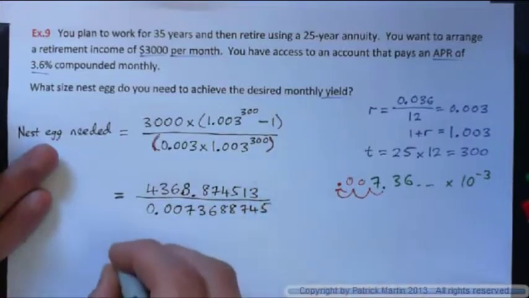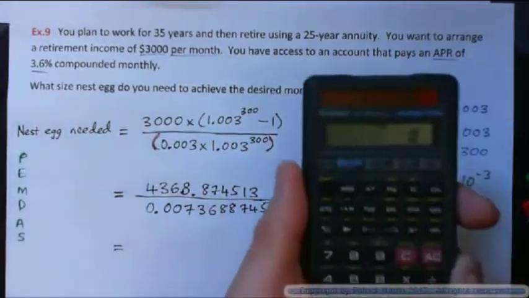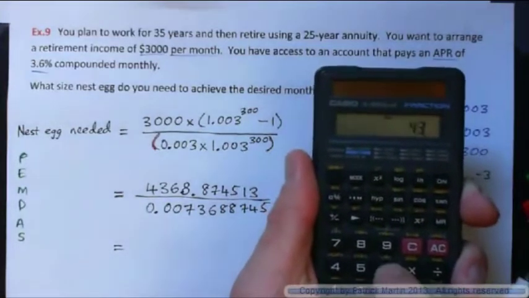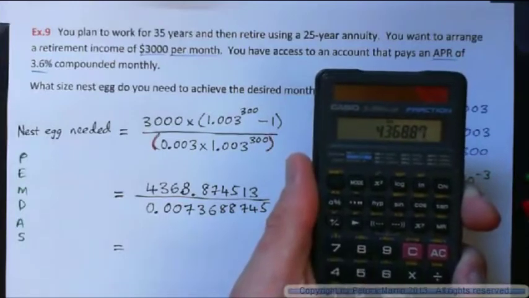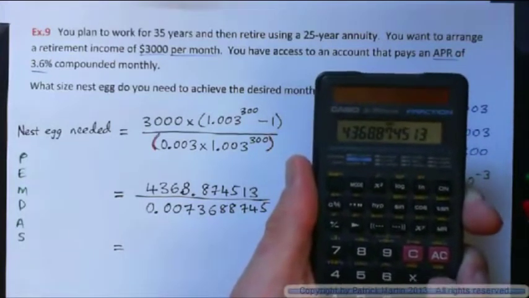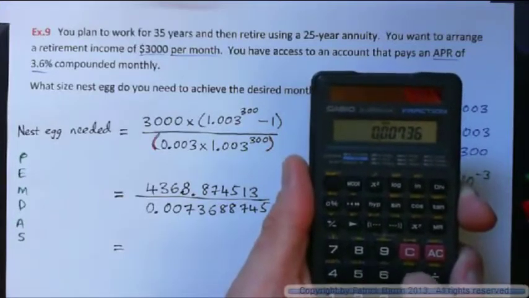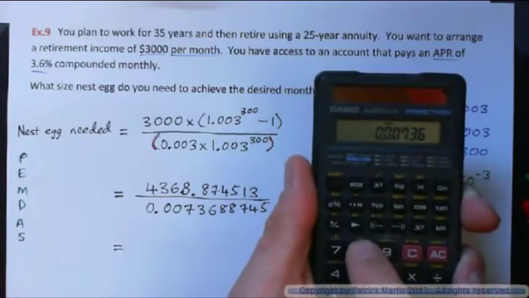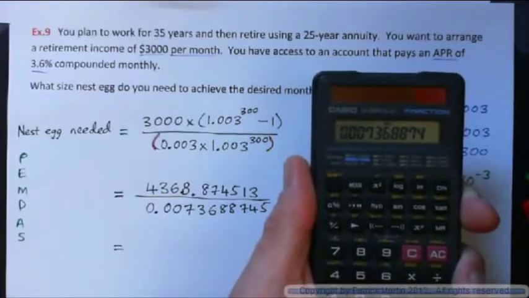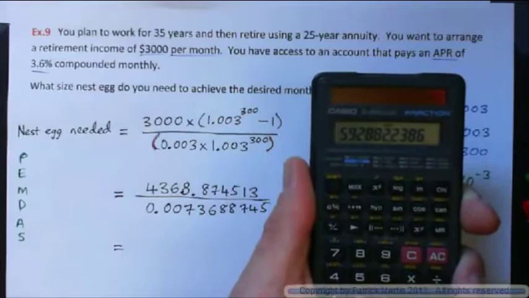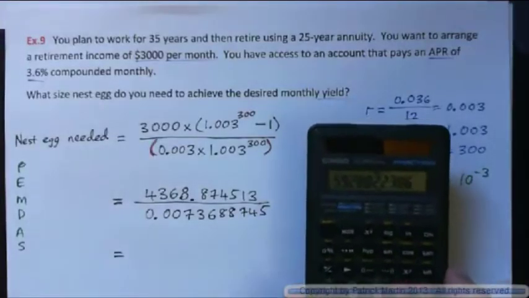0.00736888745. That'll be plenty of digits there, and then we calculate that, right? So 4368.874513 divided by 0.00736888745 equals that number, right? So dividing that, we should get